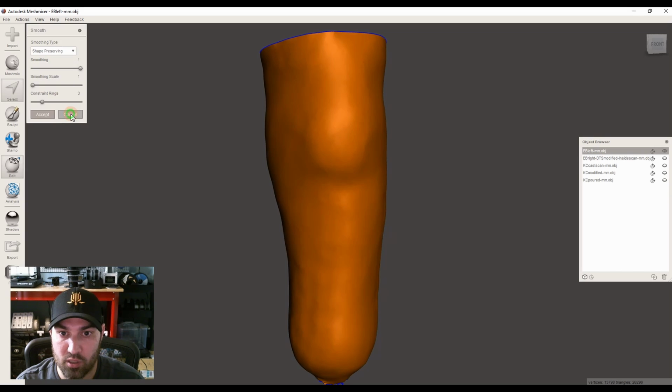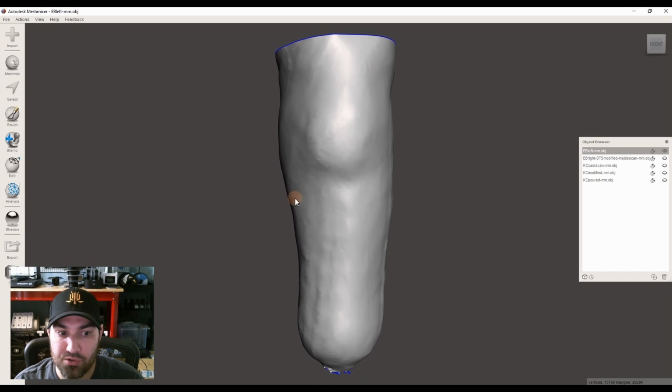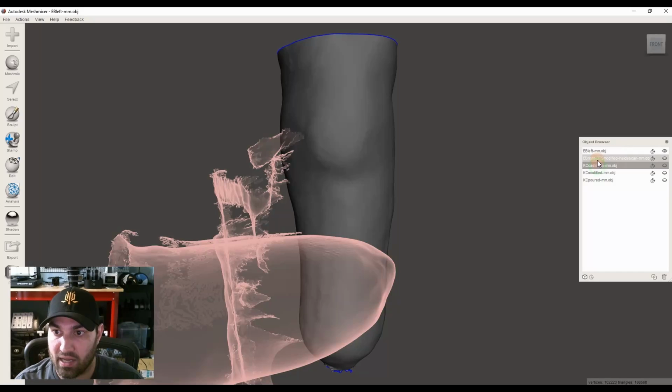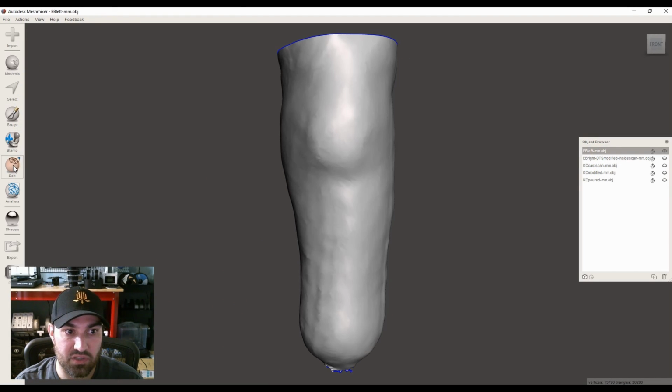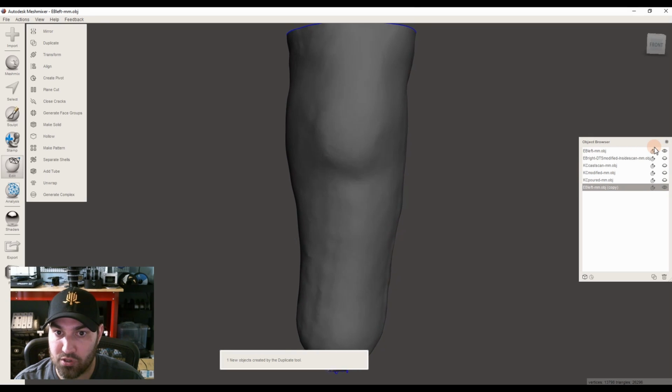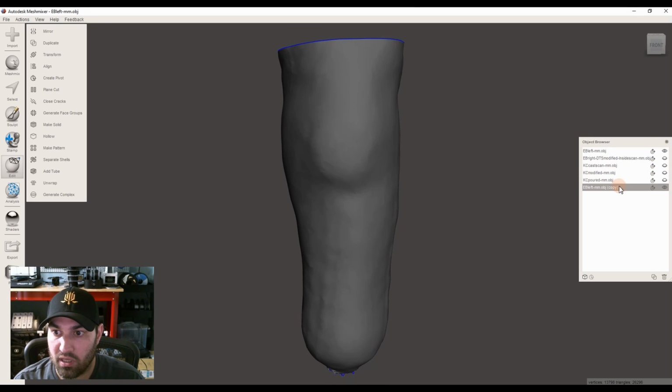That'll make more sense. So one thing to point out, before we do anything, I like to duplicate my models. It keeps a history of them. This isn't parametric like other CAD tools. You don't have a history of being able to slide back in time and change any one thing you did. So I make my own history tree by duplicating models. So with a model highlighted over here, I'll go left side, edit, duplicate, and that's going to create a duplicate of whatever was selected. So I'll keep that original as just kind of a base model, and then I'll work